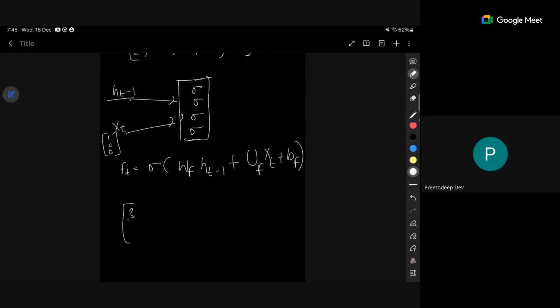Let's say 3 is the size of xt, or something, and 4 neurons are there. Then you will require 12 of them, right? Each of them going to each of these. So 3 and so on 4. So the dimension of this is going to be, you can maybe